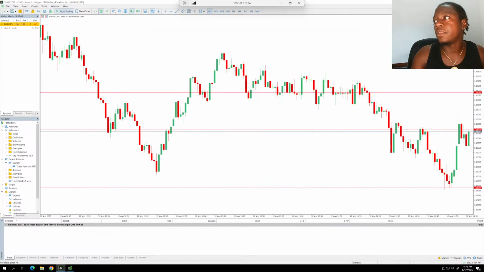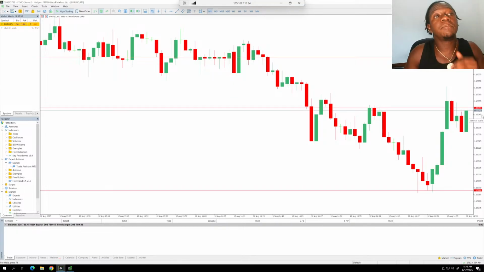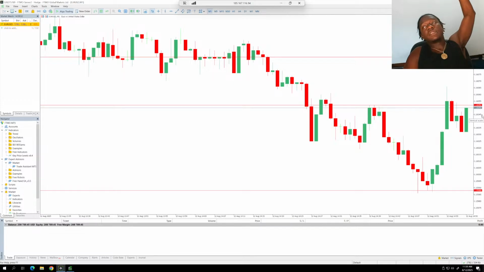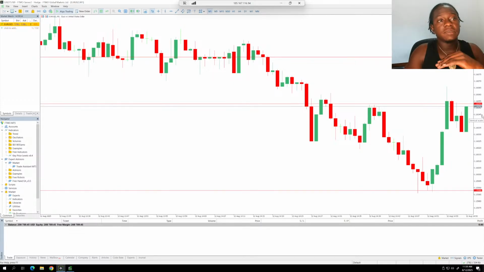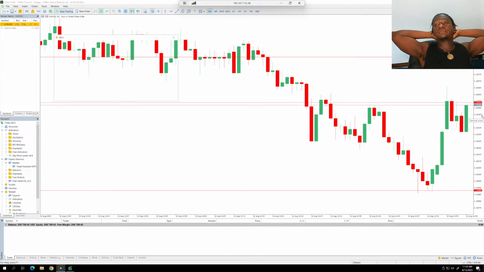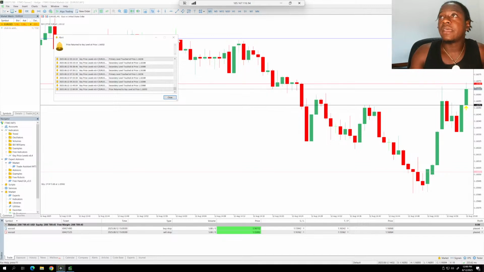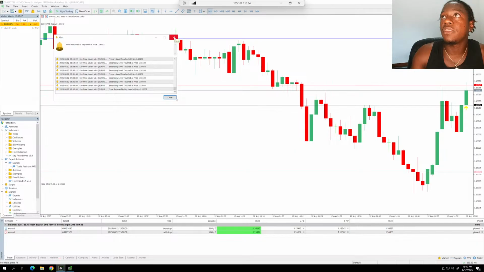And then the black line on the right hand side is going to represent the 8 a.m. candle open price. The green lines are going to represent 10 pip increments above the 8 a.m. candle open price, and the red lines are going to represent 10 pip increments below. So in the next few seconds, it's going to execute. Boom. It has now executed the trades, and it should have done so on both the